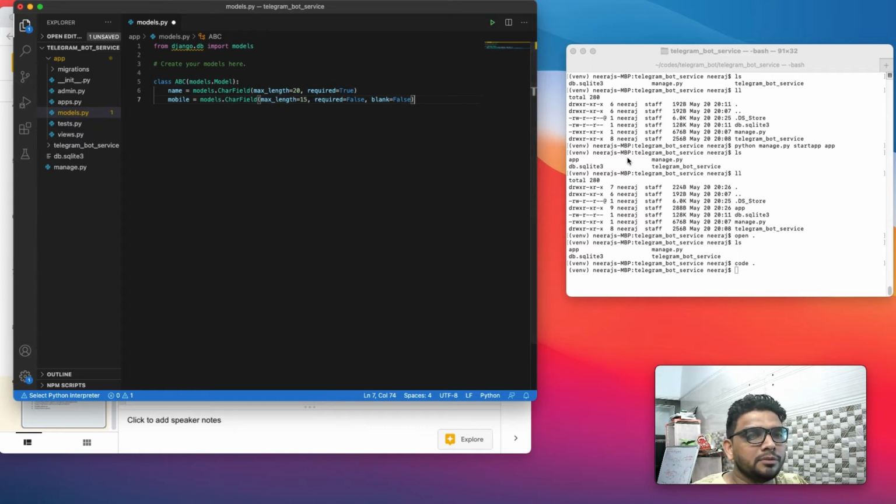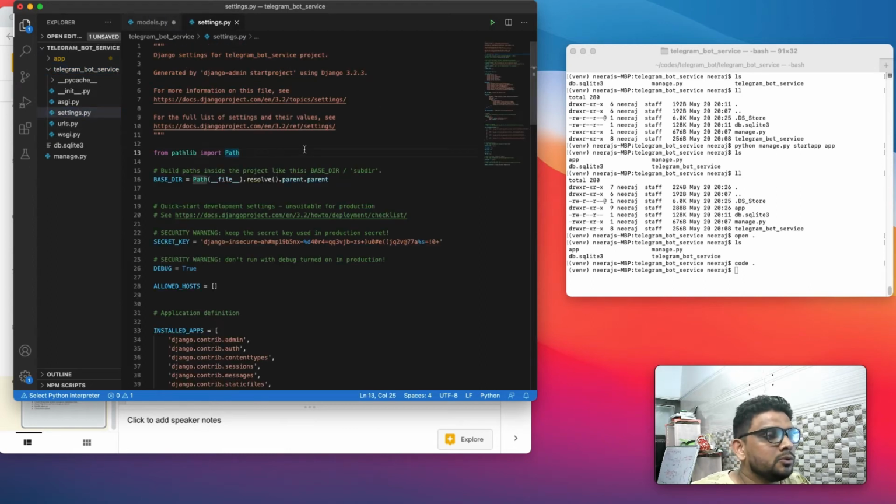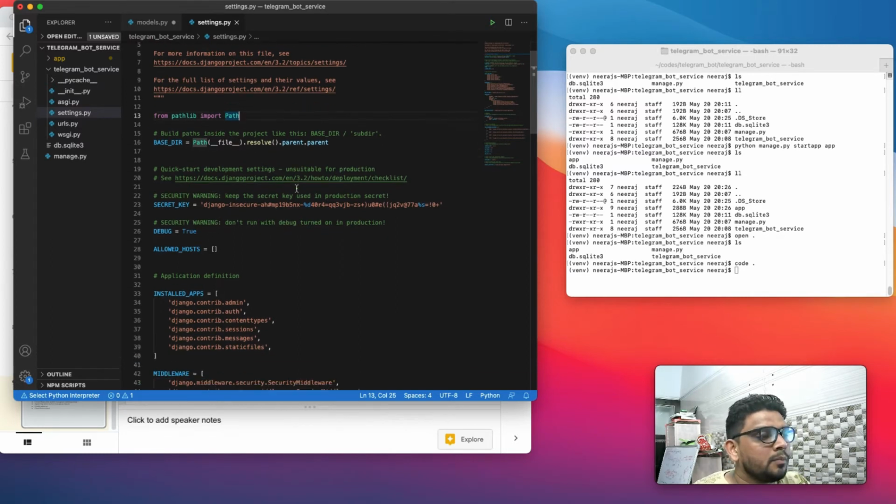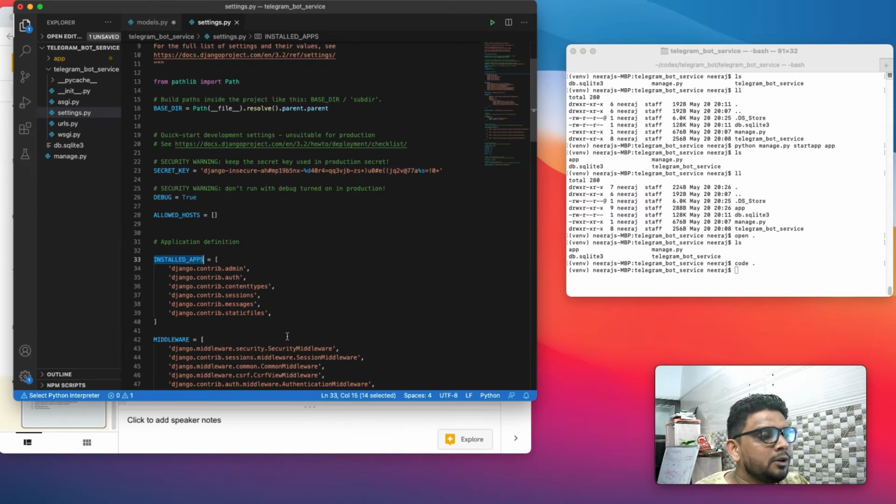My next step is to add the created app name into my settings file. Let's see the settings file. This is the main file of the project which holds all the configurations. Whenever we create some app, we need to add it into the installed apps.